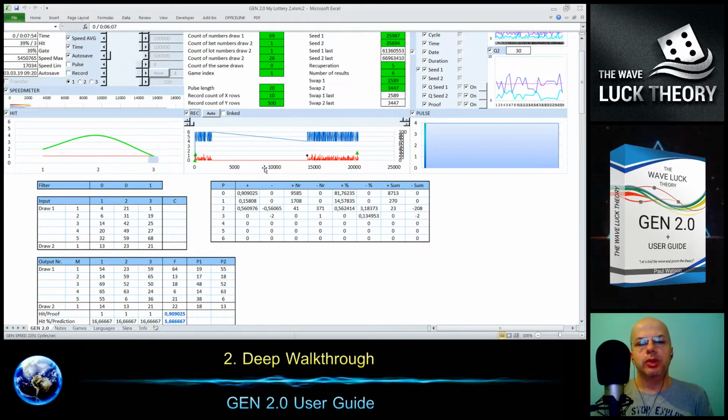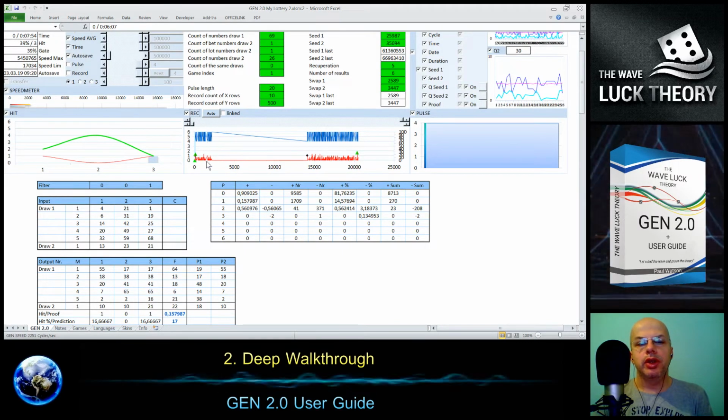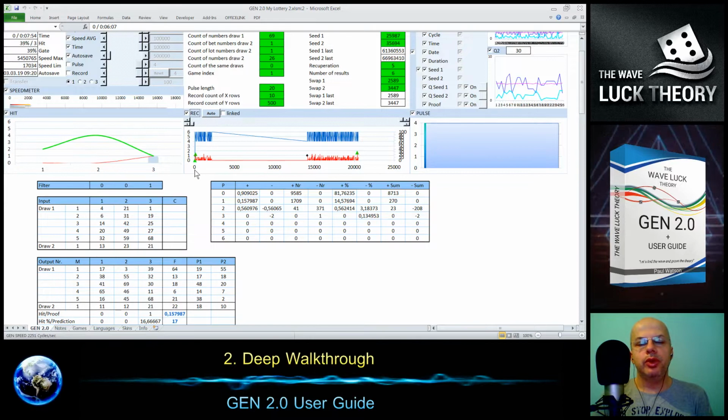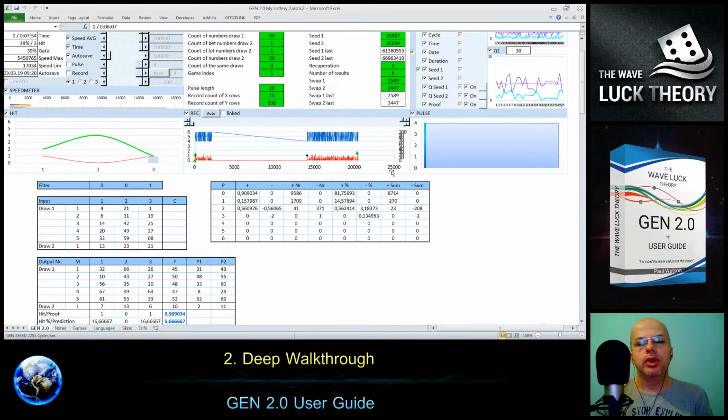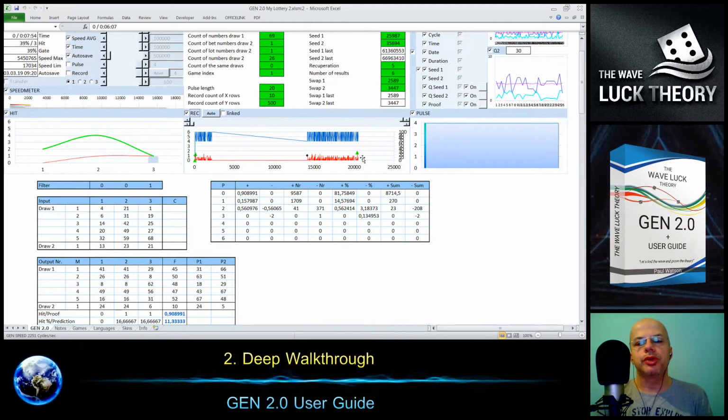And now let's look at what we see here. On the vertical line we have the number of cycles from the beginning until now. Actually we stopped it, so it's not until now, but until it was stopped, the record.